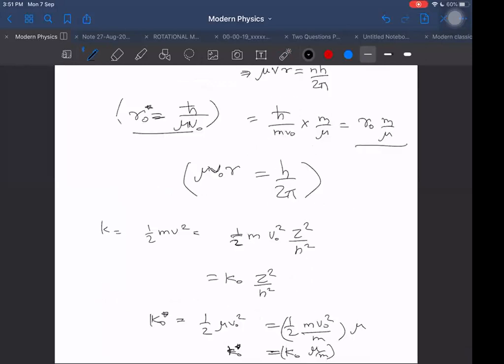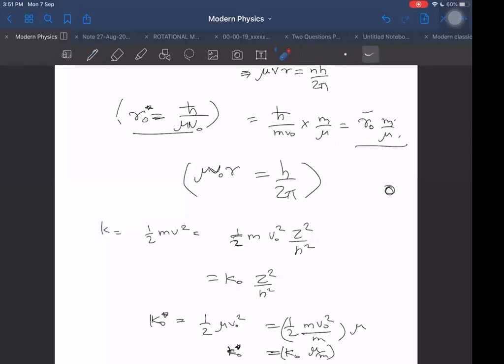We should know this. It will be handy in some calculations, some places where they say consider the reduced mass into account. It will also be handy in one more place where they say it is a hypothetical atom in which the nucleus is of double the nucleus mass of hydrogen. Then what will happen to the radius of the first orbit? If the mass becomes 2 times, then this will be 2m and this will be m. Then R naught will become R naught by 2. So we should know how the radius etc. depends on z and n, but we should also know how they depend on m. And luckily, velocity does not depend on m. That will be independent of m. Okay.